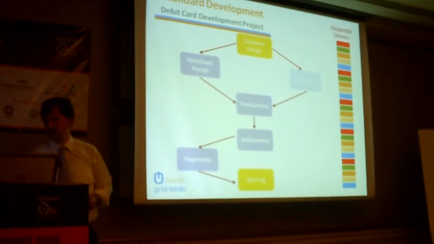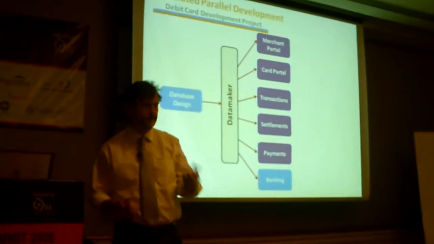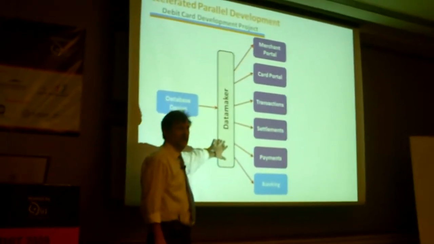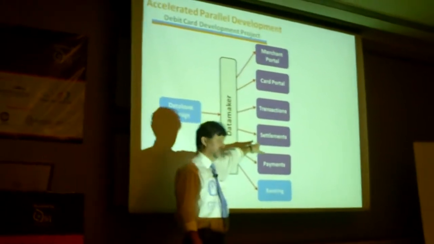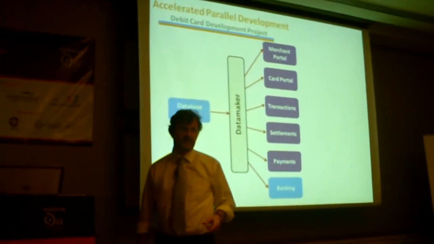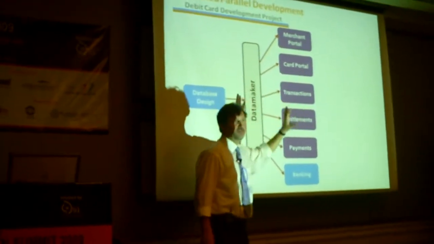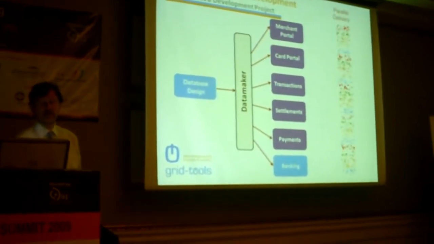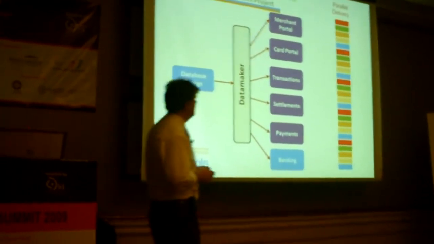Okay. So what we did is we changed that. We got involved early on, and we plugged DataMaker in. There were about 70 tables in this database. We generated data for all of the modules. This one was very hard. It's quite a complex data generation process. The rest of them were quite straightforward, and it meant that we could push data into these modules. So you ended up with a very parallel delivery. So no one was waiting. The people who were working on the card system